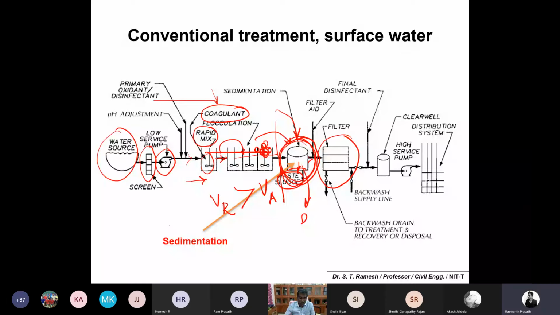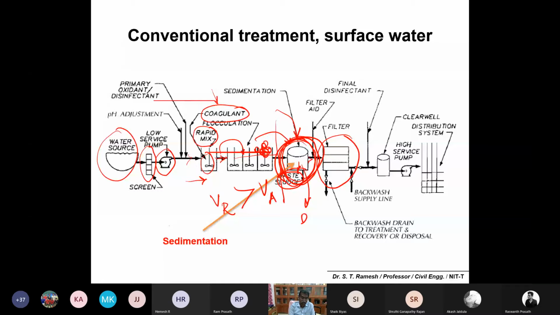Imagine if I want to keep the water for a long period of time, I may need a bigger holding tank or bigger sedimentation tank. That is not necessary, because it will increase your construction cost. Instead of a smaller tank, you would have to construct a bigger tank. So at least a particular size and fraction can be taken care of in the sedimentation basin. Whatever settles at the bottom is sludge, and the lighter flocs will escape from the sedimentation activity. So what we are going to discuss now is only the sedimentation activity.